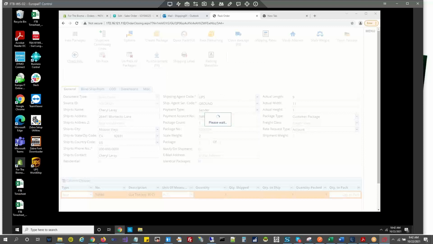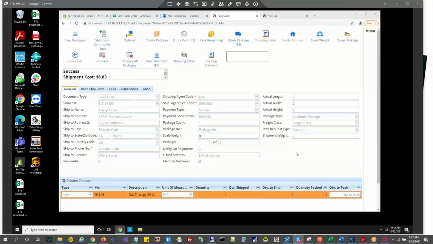Yeah. So it printed. With this, the label will automatically be printed to the corresponding label printer we have set up in Business Central. Okay.